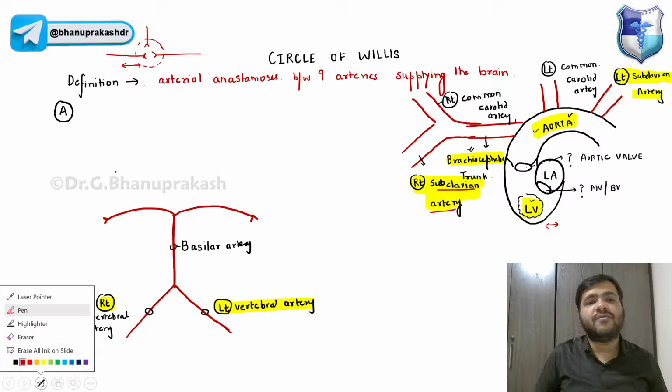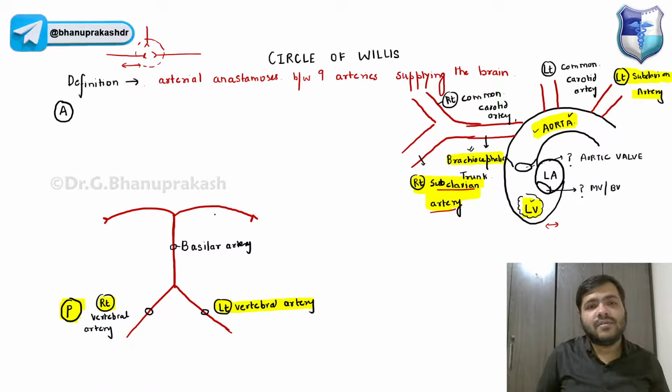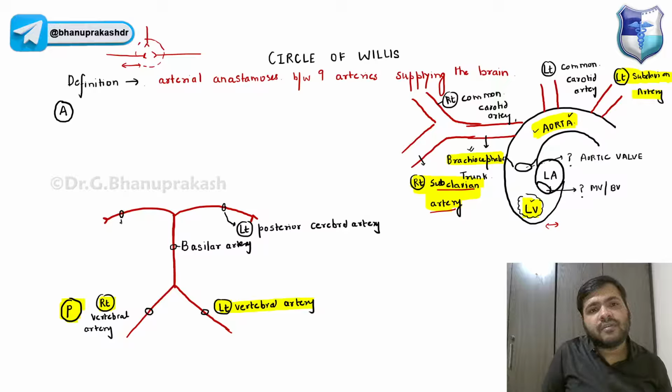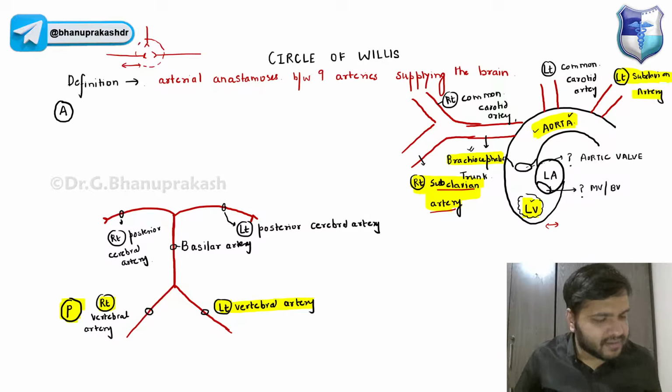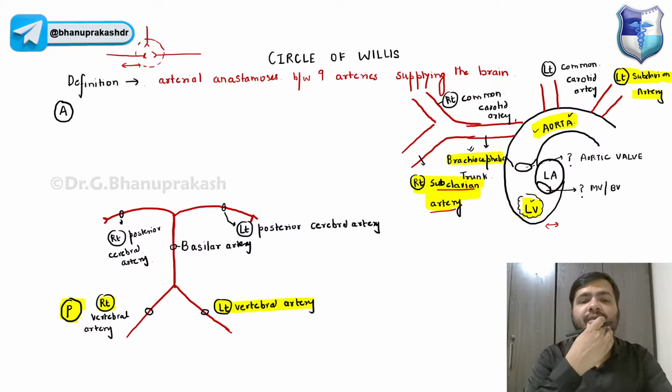Everything is posterior. We are going from posterior to anterior, right? So please write down, it is the left posterior cerebral artery, and we have the right posterior cerebral artery. So we have the left posterior cerebral artery and the right posterior cerebral artery,